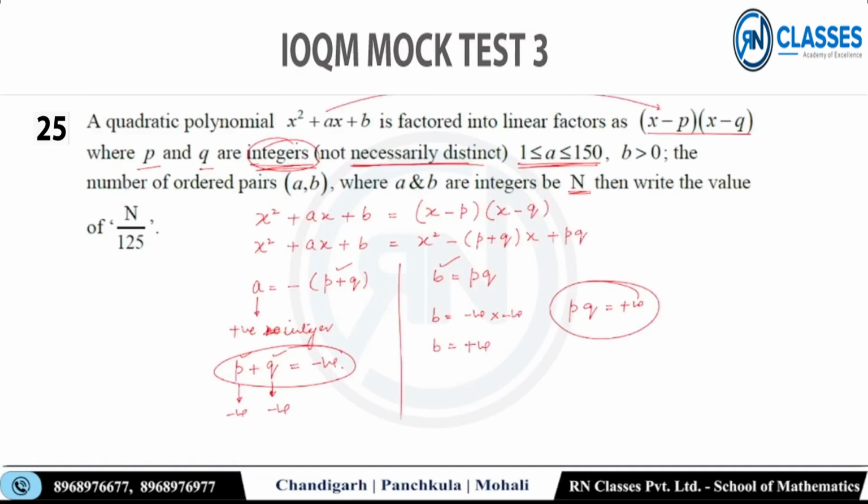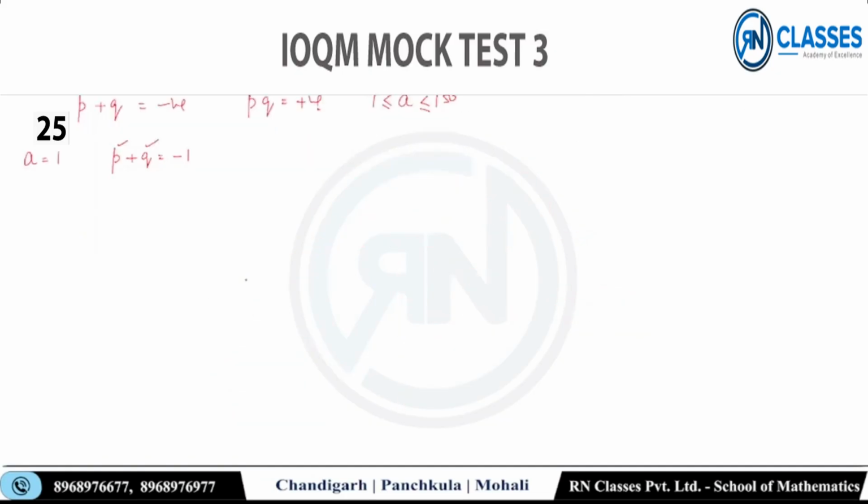इंटीजर्स बोले थे उसने, देखो इंटीजर्स बोले, नॉट नेसेसरली डिस्टिंक्ट। तो मेरे पास सम -1 आ सकता है किसी भी तरह से, p और q की कोई ऐसी वैल्यू डालूं, -1 डालोगे, दोनों नेगेटिव बोलनी है उसने, 0 तो डाल नहीं सकता, तो सम कभी नेगेटिव होगा। यहां से तो कोई केस नहीं। चलो a को 2 डाल के देखते हैं। अगर a को 2 डाला, p plus q क्या हो जाएगा? -2। p plus q -2, तो p की जगह -1, q की जगह -1, ठीक है। सो p is equal to q, pq के बराबर है, तो माइनस इंटू माइनस प्लस हो जाएगा, तो ऑर्डर पेयर आ गया मेरे पास